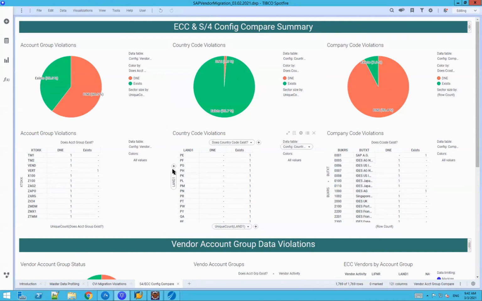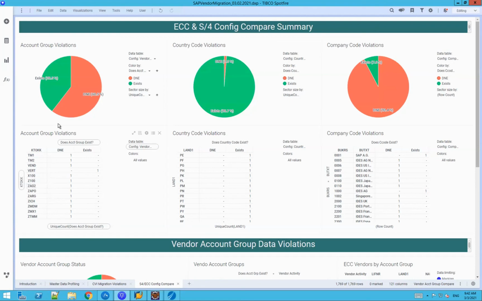Lots of times we have both legacy systems and your new S4 system in place, and we have to maintain data in both places until we sunset those legacy systems. So we need to have the mappings of IDs or values in place. Here, looking at the three critical configuration items that occur for vendors and customers: account groups, country codes, and company codes. So we need to make sure, as I was just mentioning, those company codes are mapped between each